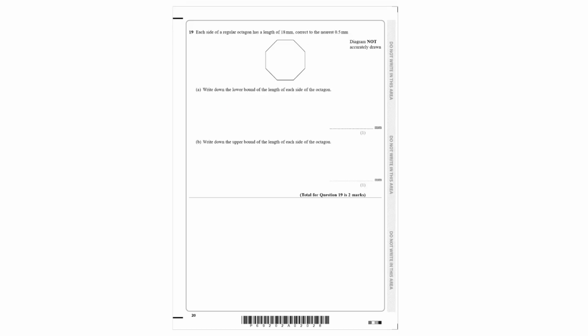Question 19. Each side of a regular octagon has a length of 18 millimeters. Correct to the nearest 0.5 millimeters. Write down the lower bound of the length of each side of the octagon. Since it says it's correct to the nearest 0.5 millimeters, we divide this by 2 and we get 0.25. Why is this important? In order to find the lower bound, we simply write 18 minus 0.25, and that gives